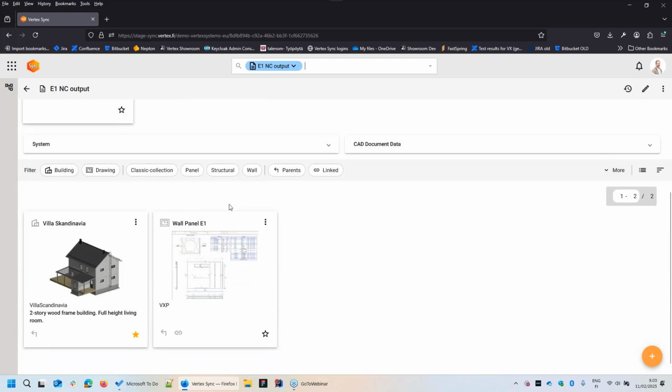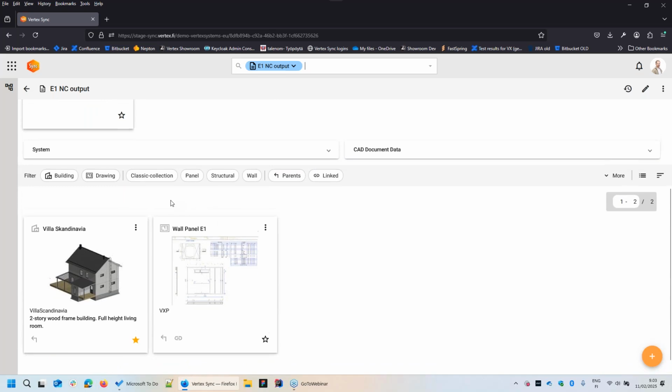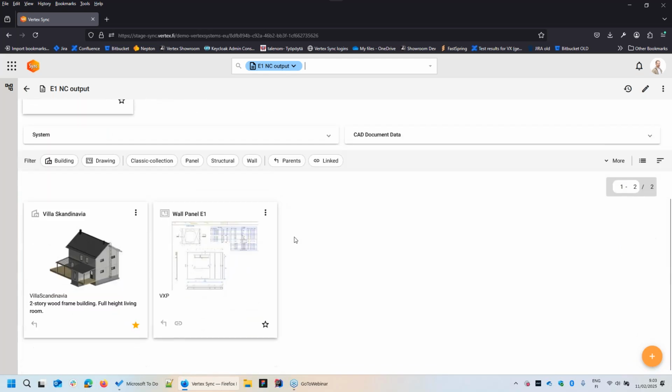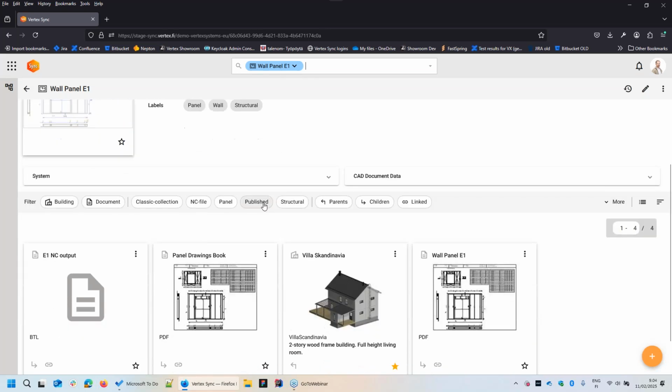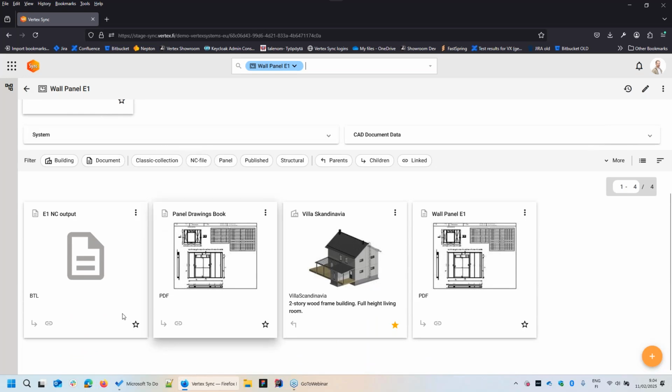and from here we can see that this E1 PTL file is connected to the panel from which this PTL file is made. So there is a connection between the PTL and its origin panel. Very fast and easy way to find correct information. Let's open this E1 wall panel. And now we can see that from this wall panel E1, we have made that NC output file. We have one PDF file